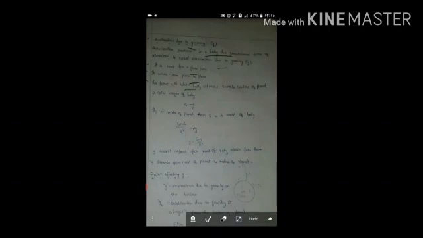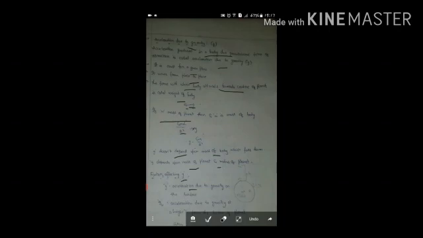The force with which a body is attracted towards the center of the planet is called the weight of the body. W is equal to mg. If capital M is the mass of the planet and small m is the mass of the body, then you can write GMm by r square is equal to mg. According to this formula, we can write W as GMm by r square is equal to mg. Small m gets cancelled and we get small g as GM by r square. Here g does not depend upon the mass of the body which falls down, and g depends upon the mass of the planet and the radius of the planet.